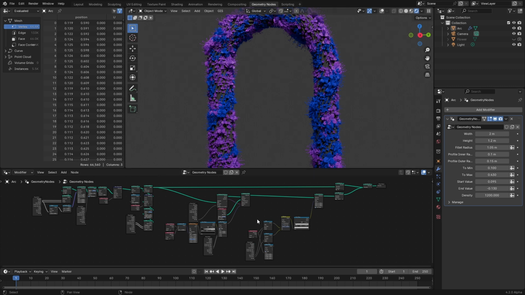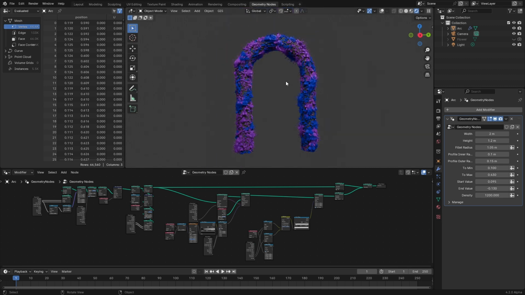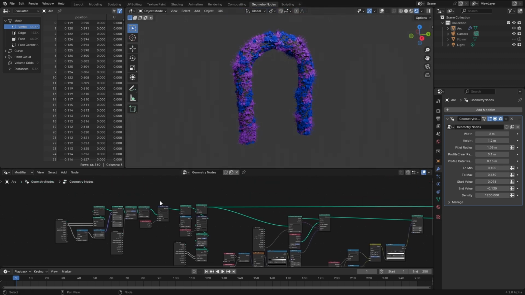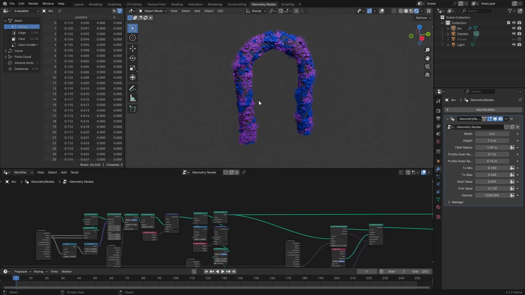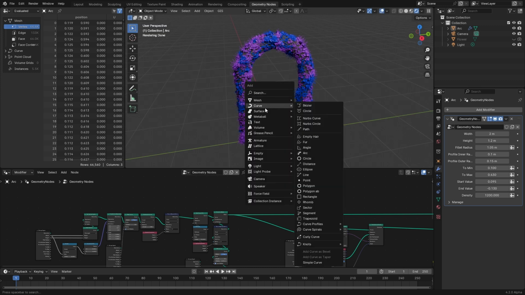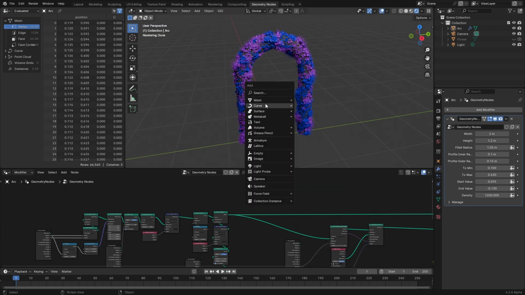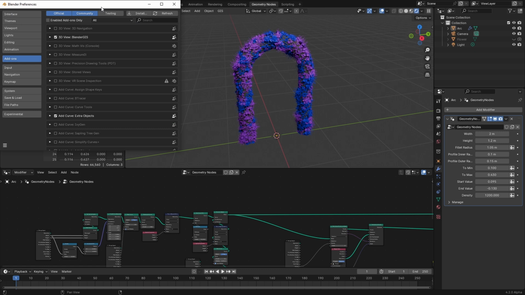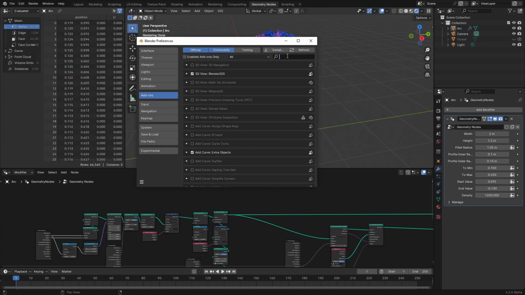For the last thing, I want to show you something cool. You can replace your main curve with any other curves as you wish. For example, let me show you. Shift A, going to curve. If you don't have this kind of curve in your add curve menu, you need to go to edit preferences, and here you can search extra